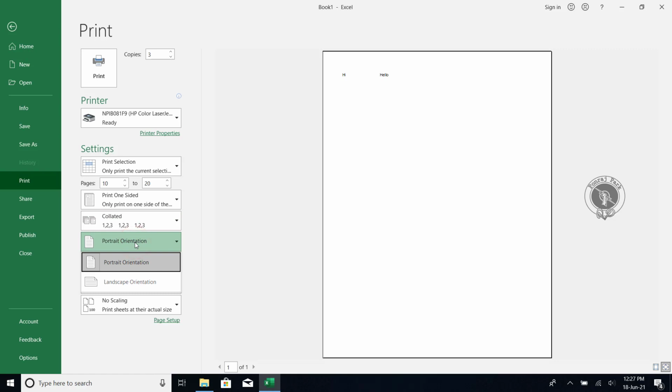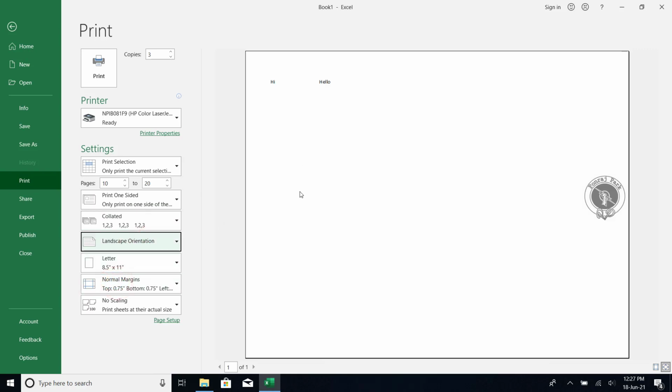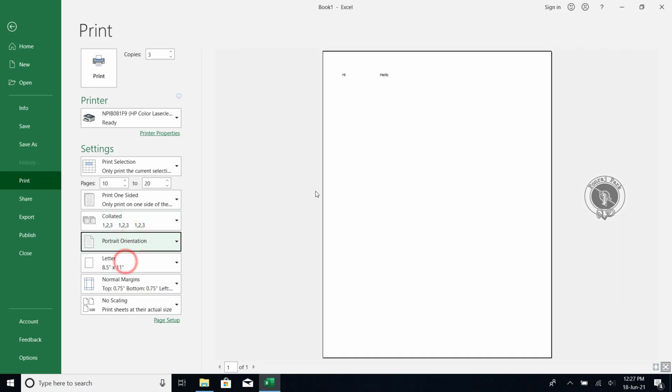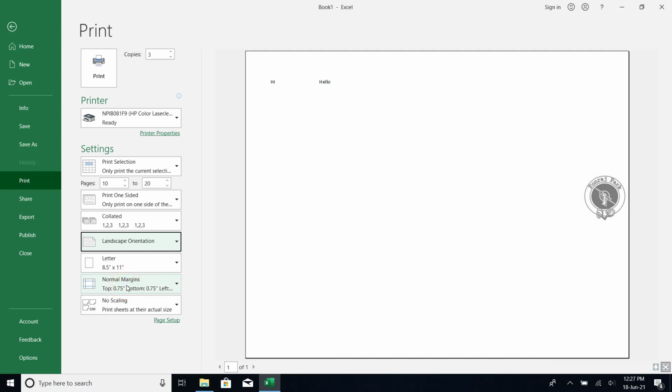So portrait orientation, you see by default it's in portrait mode, and when you click on landscape orientation, it changes to a little bit of a rectangle shape, if you notice it. Mostly if you see this one, it shows like this and it gets tilted to the left side, like you can understand how it is getting tilted. So if I give landscape, see, this gives a little bit more space on the right side. So this is the use of portrait and landscape.